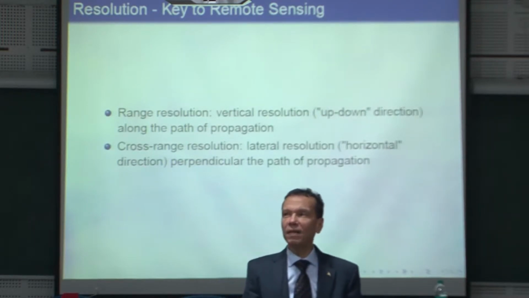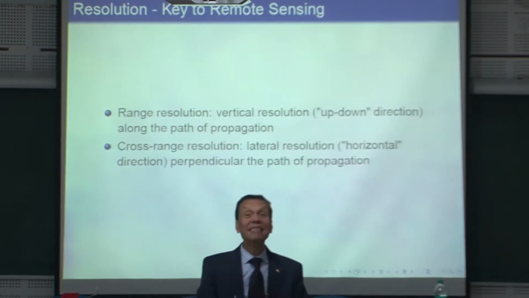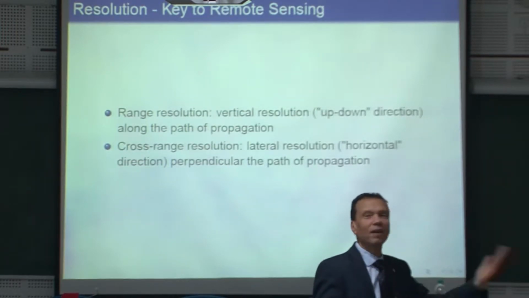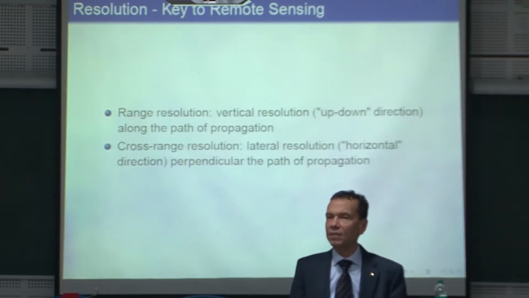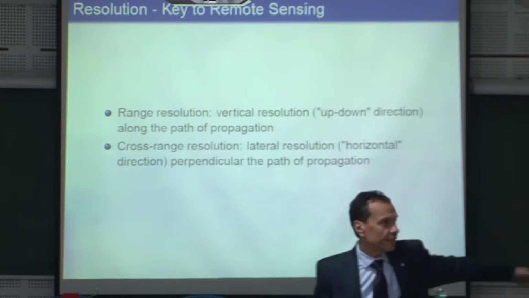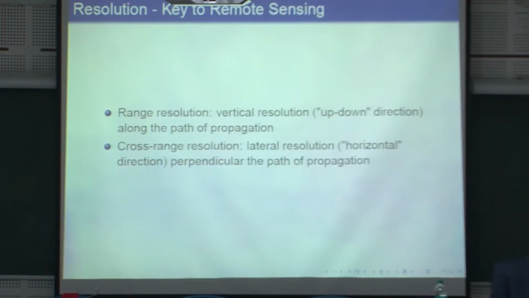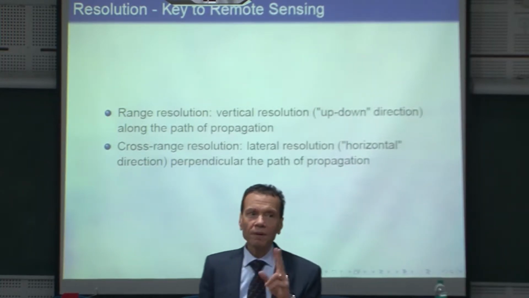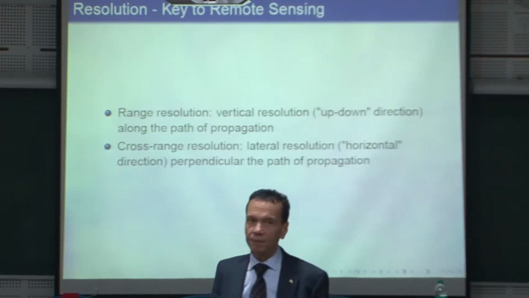Which means GPR is actually not the system, but the application. The system itself can be rotated 90 degrees, and you have imaging. You have an imager. The imager itself relies on a big antenna aperture to increase lateral resolution. In this case, it is lateral if it is looking through a wall, and the range is inside. Or you rotate it 90 degrees and you have GPR. Only in GPR or looking through a wall, there is just another challenge to think about as engineers.